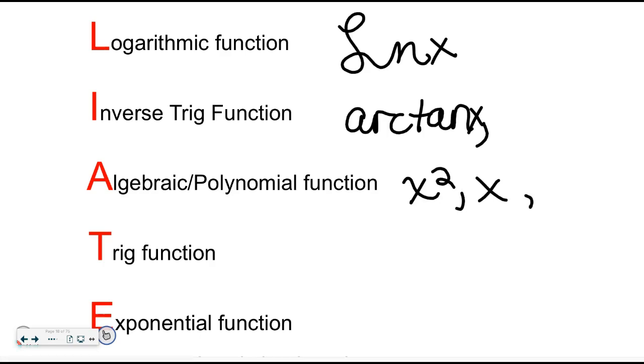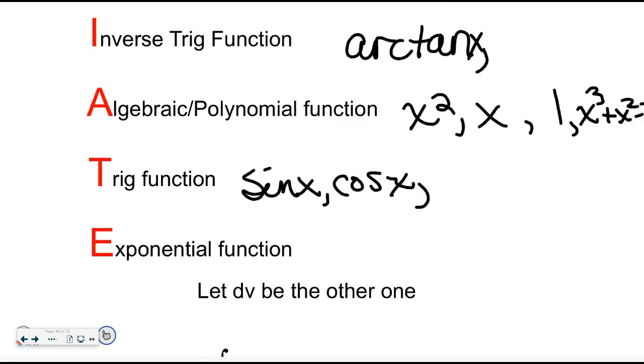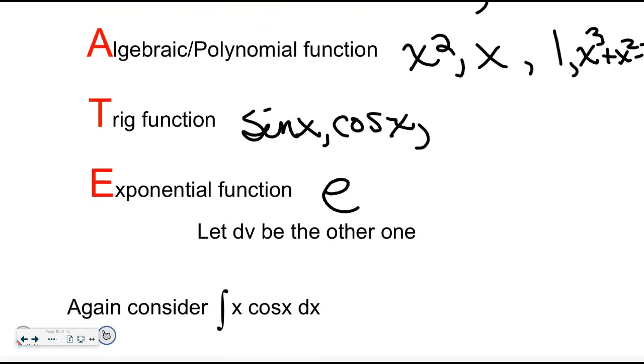Be careful because x to the 0 is also considered algebraic. Did you see what I just put up there? x to the 0 or 1 is considered algebraic, or any combination. So all of this minus 7. That's what I mean by algebraic. They look like polynomials. Watch out for 1. Okay? The next one is trig. That's your sine, cosine, tangent, all that good stuff. All right? And lastly, exponential functions, in particular e to the x. I doubt you'll have much of like 4 to the x or 5 to the x. It's really not